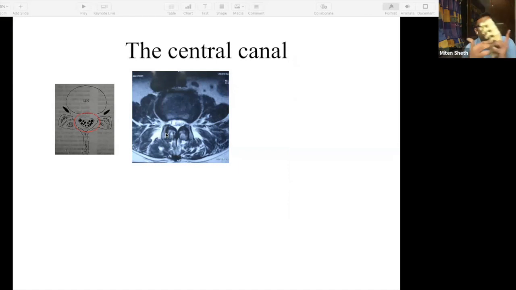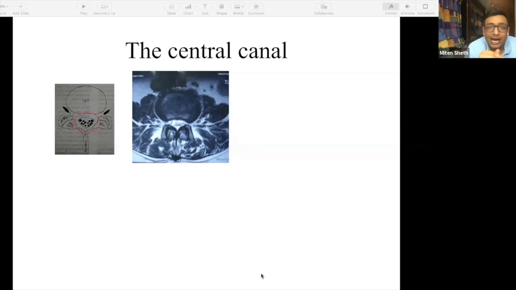At the level where you found a problem in the sagittal cut, you look at the axial cut. At that axial cut, all you have to see is whether there is any stenosis in the center or in the side, and if it is there, on which side. So here you are able to identify that the patient has a problem at the L5S1 level disc, and the problem is, hypothetically, more on the left side than the right side. So this patient should have some kind of left-sided leg pain with back pain, which means there's a clinico-radiological match. This is how you go about reading these MRIs.